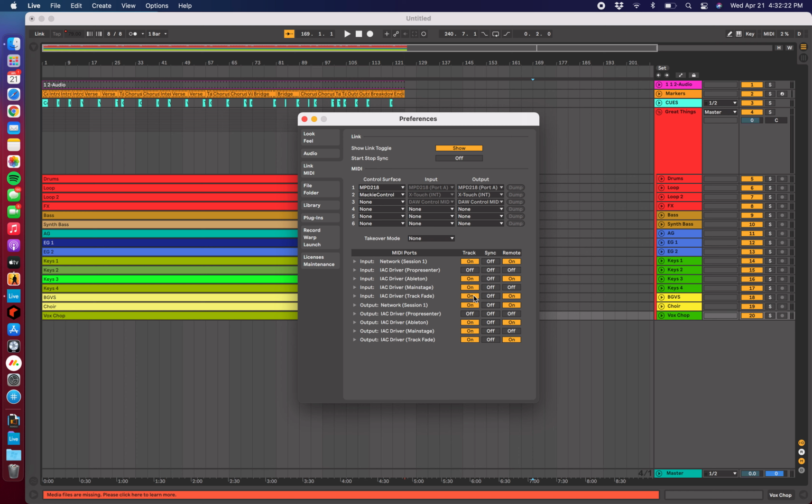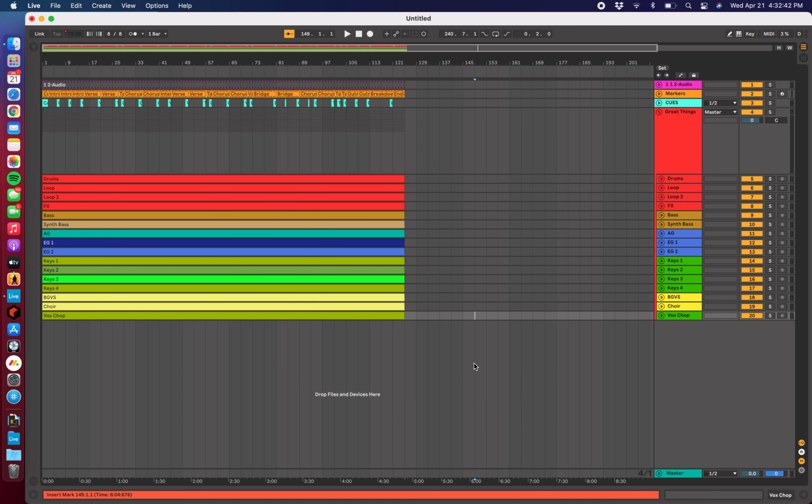Track allows it to utilize notes that are in the tracks, and Remote allows that bus to control buttons in Ableton, play, stop, fade, mute, that kind of thing. So I need Track and Remote on both on the input and output. And that's it. So now that the back end is set up, I can come in and create my control